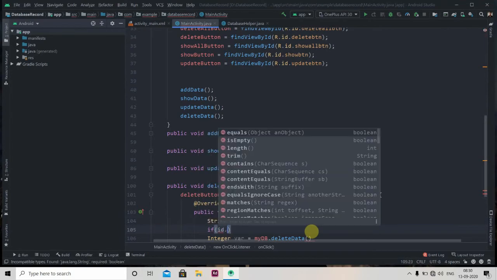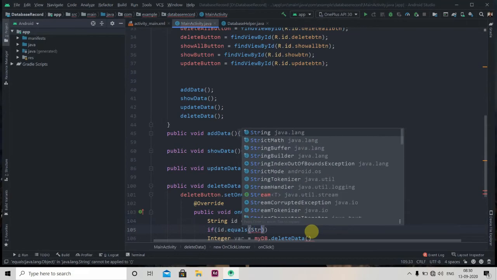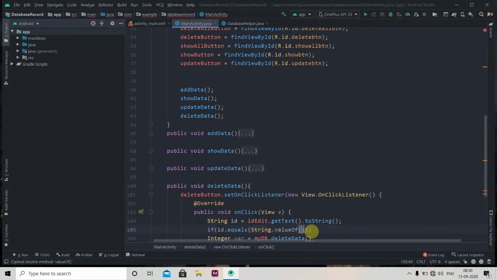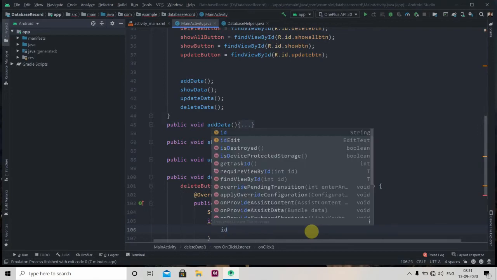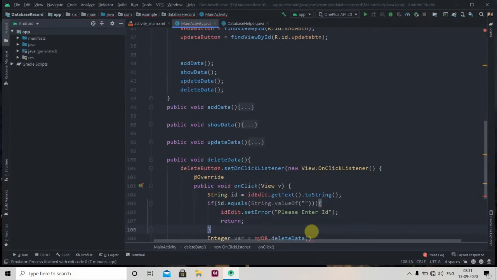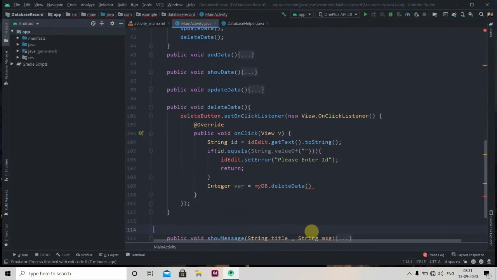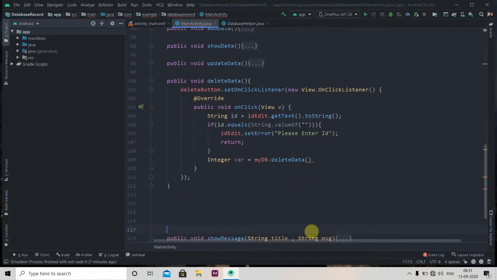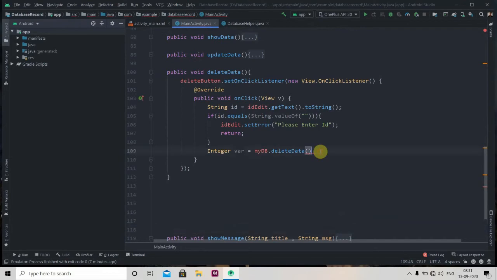So if id equals String.valueOf(null), then we'll set the error to idEdit. So idEdit.setError, please enter id, and we'll just return it. Okay, so here we'll pass our id,